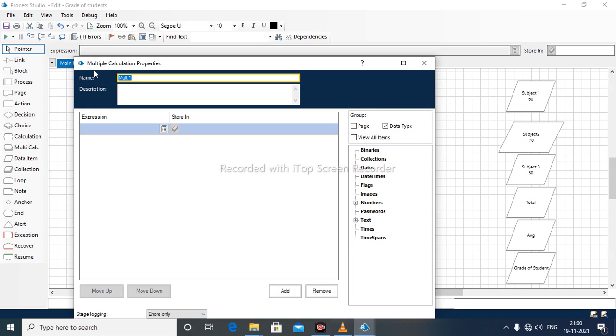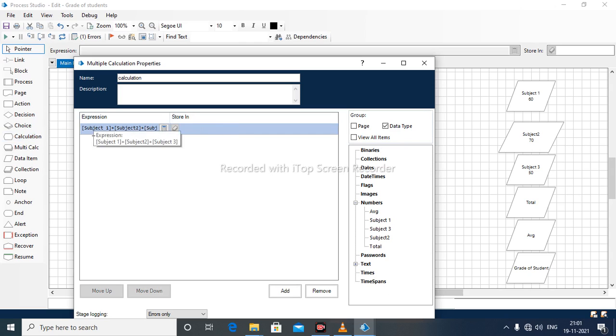So this is the calculation stage, where I will put this subject 1 plus subject 2, just a minute, subject 1 plus subject 2 plus subject 3. Okay.